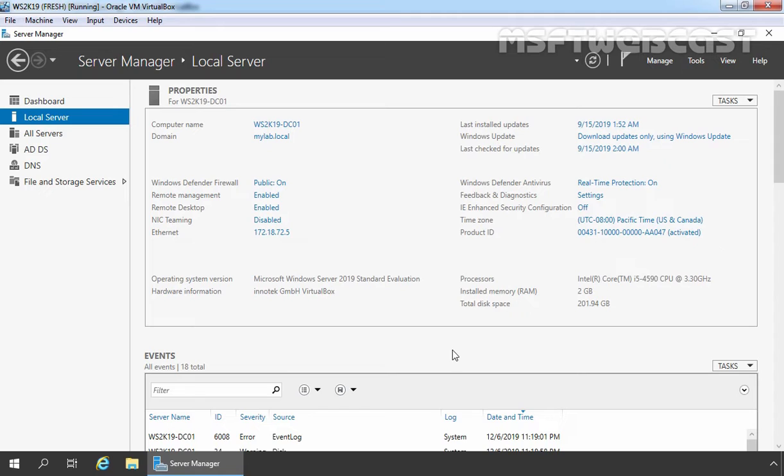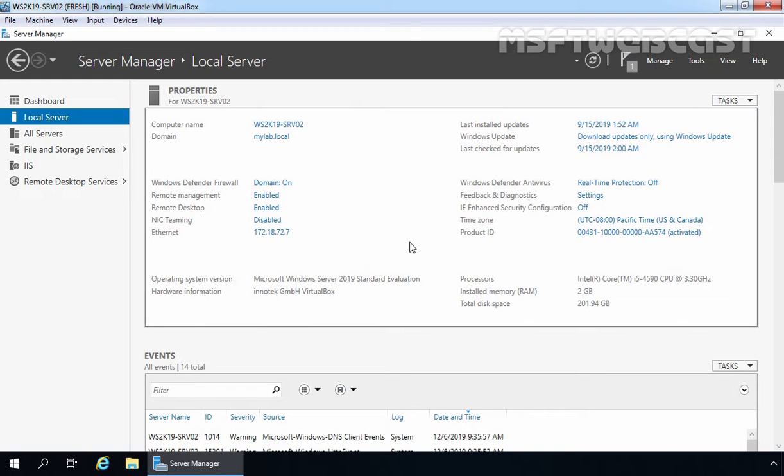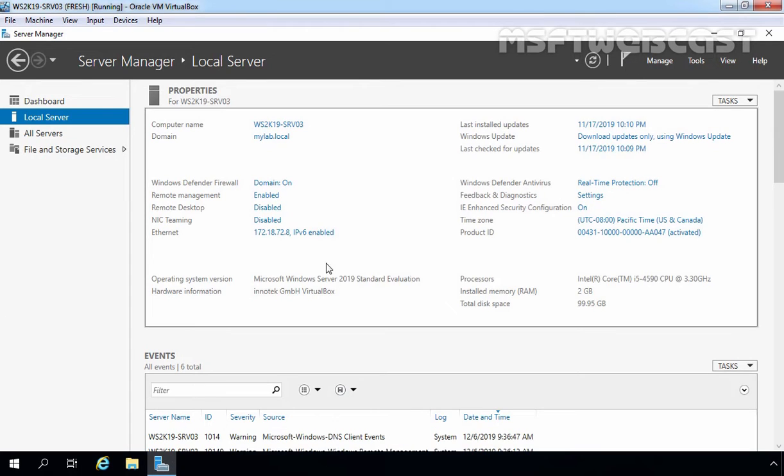This is our domain controller with the hostname WS2K19-DC01. This is our member server with the hostname WS2K19-SRV02. On this server, we have installed and configured remote desktop services using the Quick Start deployment method in the last video. We have one more member server with the hostname WS2K19-SRV03, which will act as a remote desktop gateway for us in this video. Let's go back to our server